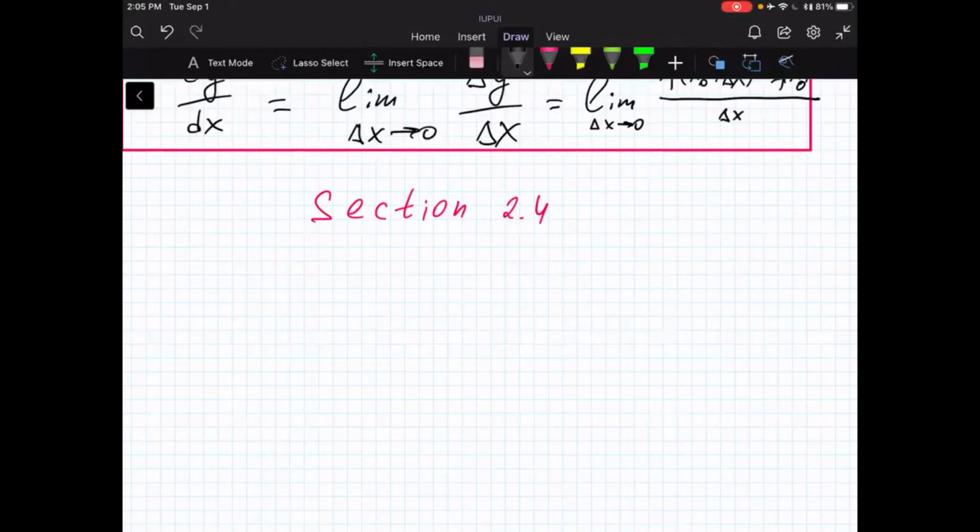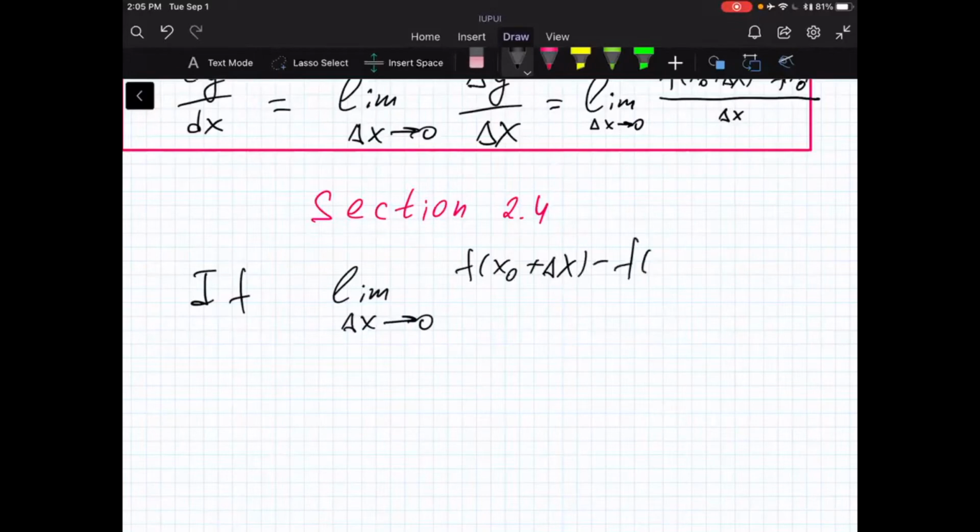So again, let me write the derivative. Suppose, I forgot to mention that if such a limit exists, if the limit as delta x goes to 0 of f of x naught plus delta x minus f of x naught divided by delta x exists,